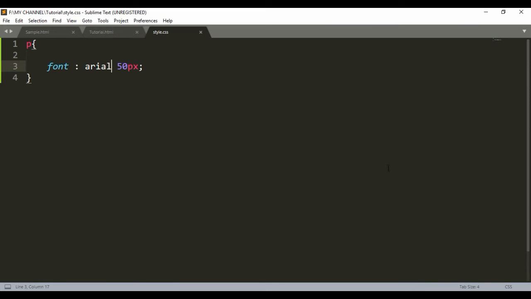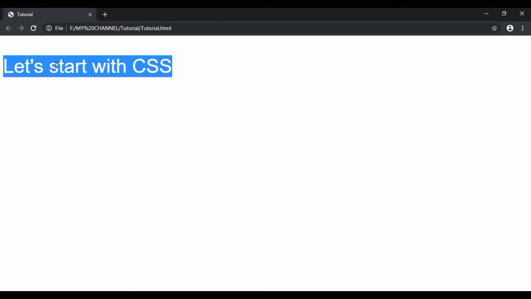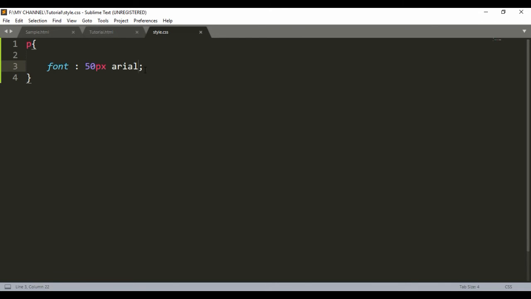Oh, sorry. The fact is that this font shorthand has a particular pattern. Like, you have to write the pixel first, and then what type of writing you want or what font family you want, and so on. So it is 50 pixel Arial, and let's add bold, save it, head back